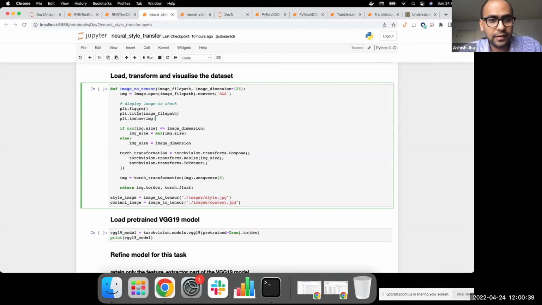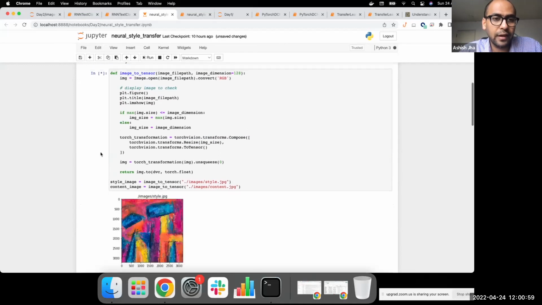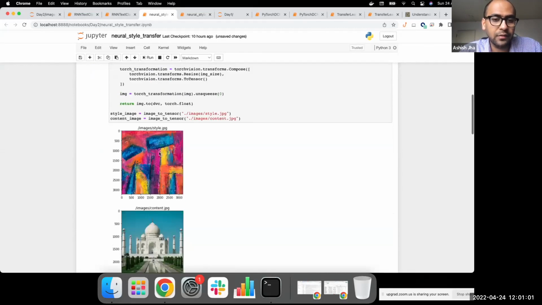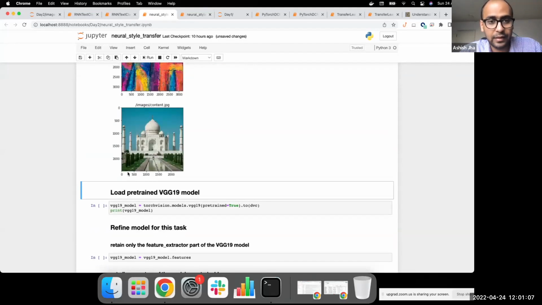What this function does is, firstly, it shows us the images, but then it also applies the transformations, if you remember, on the images. It resizes these images to a fixed dimension of 128 by 128, and then it converts them to a tensor. So let me run the function for the two images that we have, and this should output both the images for us. Yes, so as you can see, now we have these two images ready for us to be used.